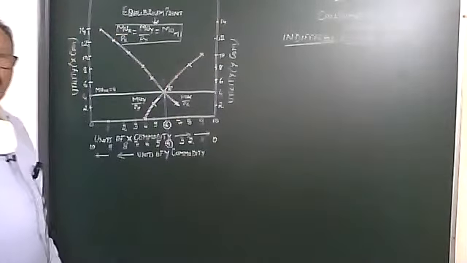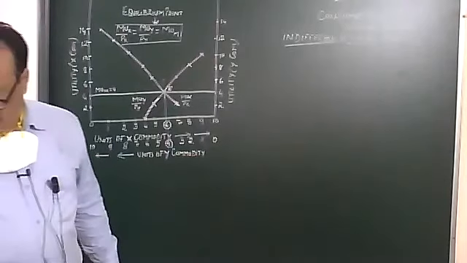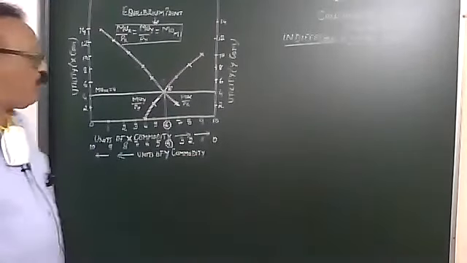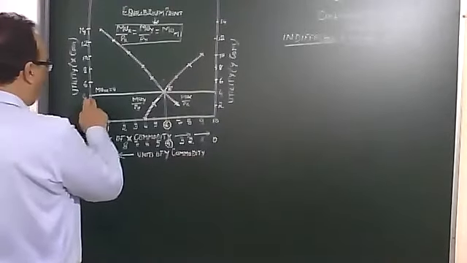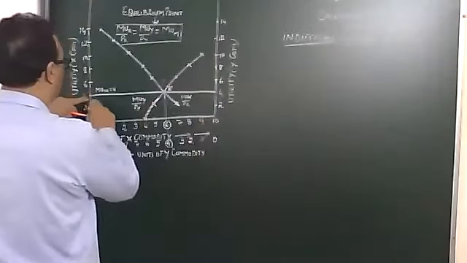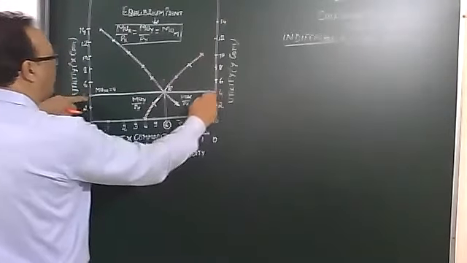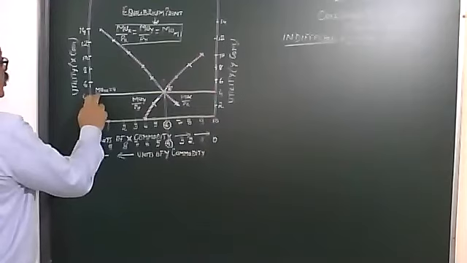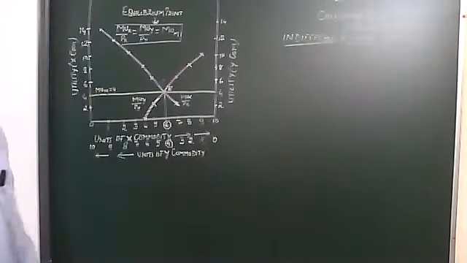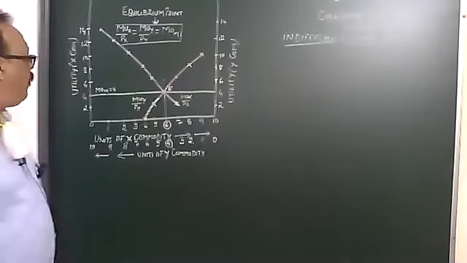Before that, your question told you that your marginal utility of money is 4 utils. So at the fourth, you draw a horizontal line to the x-axis, meeting this 4 and this 4, a straight line, and this will show you your marginal utility of M, which is equal to 4 utils.